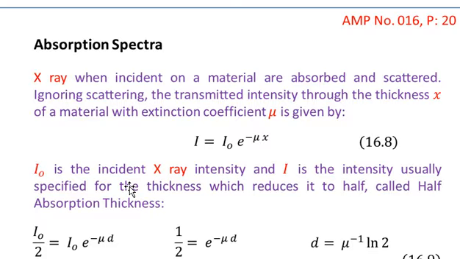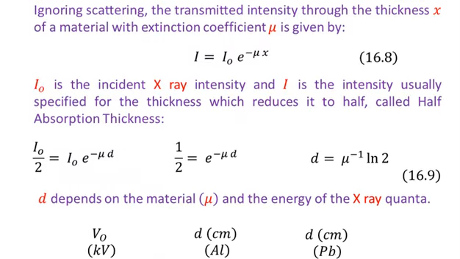So I naught is the incident X-ray intensity, and capital I is the intensity usually specified for the thickness x after the X-rays have traveled a thickness x within the material. So you see that it is conventional to find this x for which the intensity becomes equal to half. So using x equal to d instead of x, and putting capital I equal to I naught by 2, as shown over here in equation number 9,